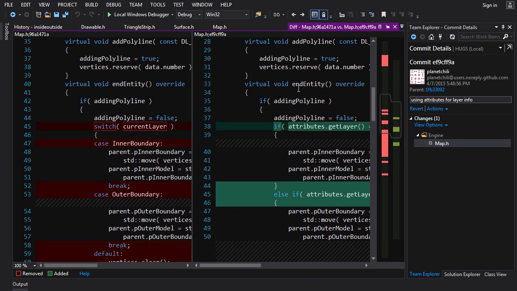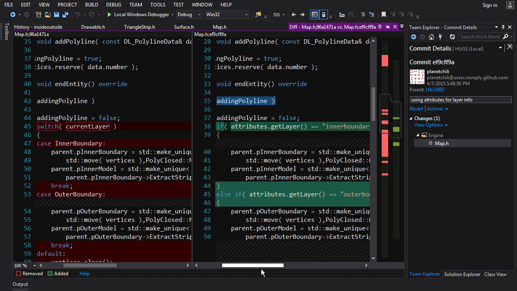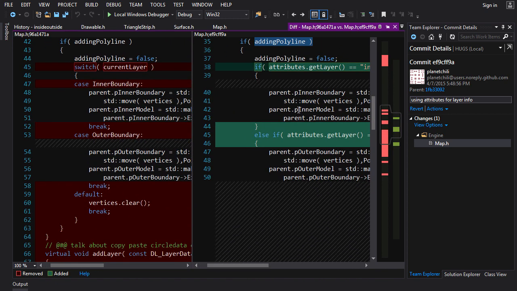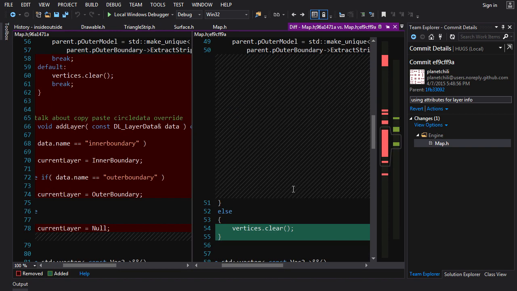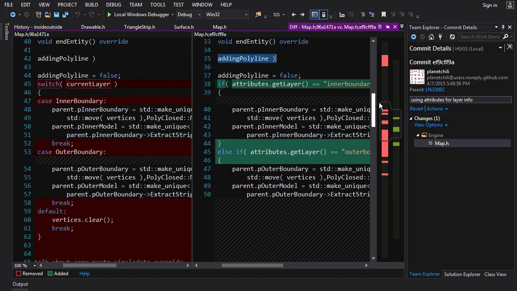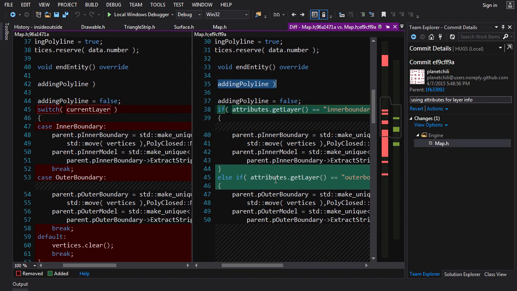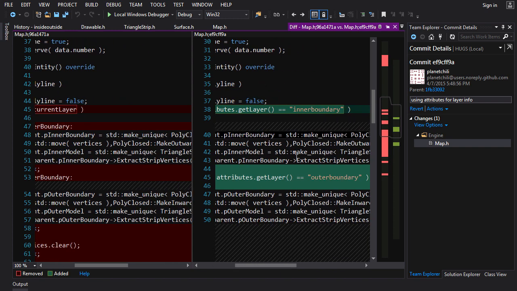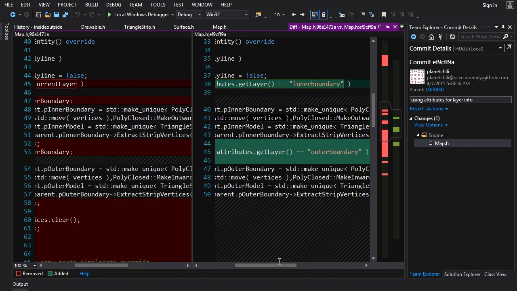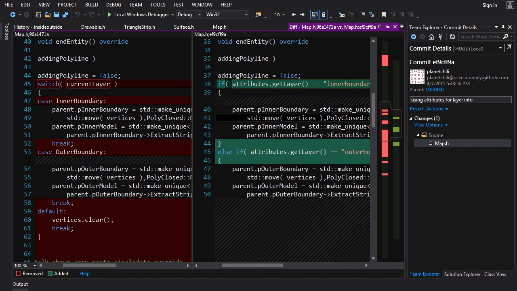What we do when we get an end entity for a polyline is we move all the vertices, meaning we empty the container in the loader, and we move those all into the container for the poly closed. Now this is important because if the container isn't empty, then those vertices will also be added to the next